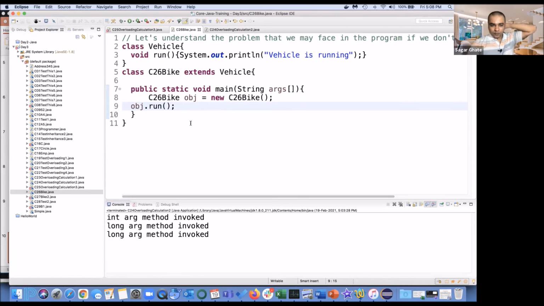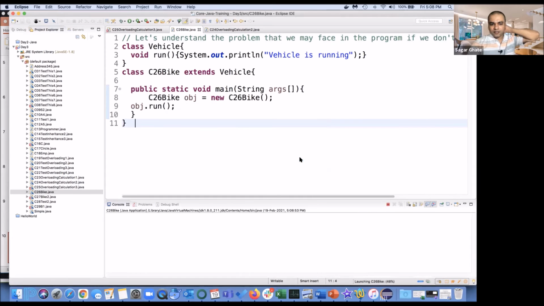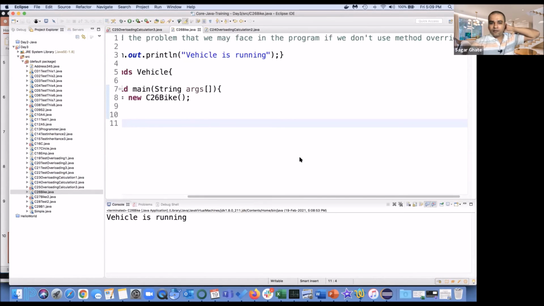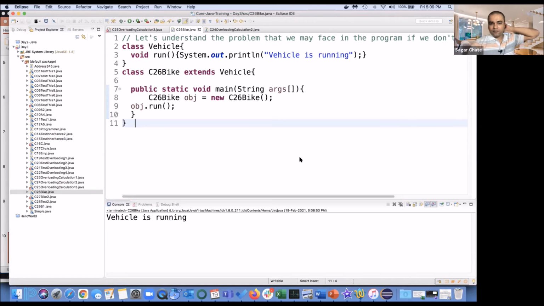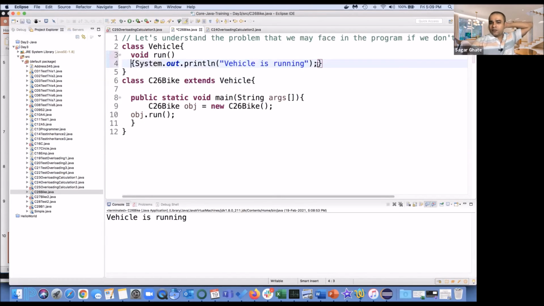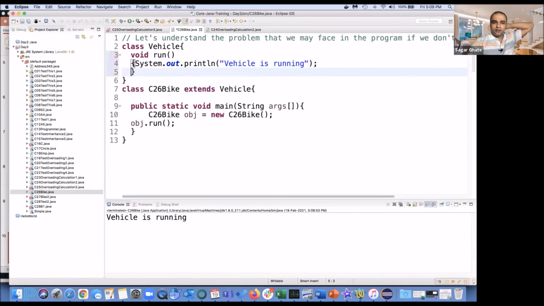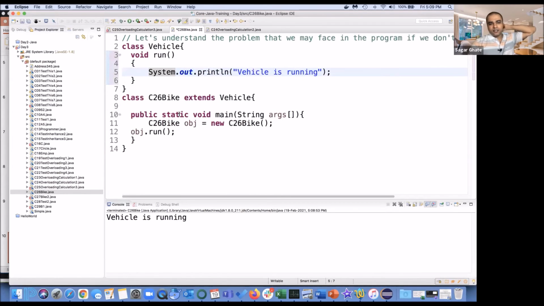So if I run this, the output is: vehicle is running. It was just one single function, run, in your parent class.